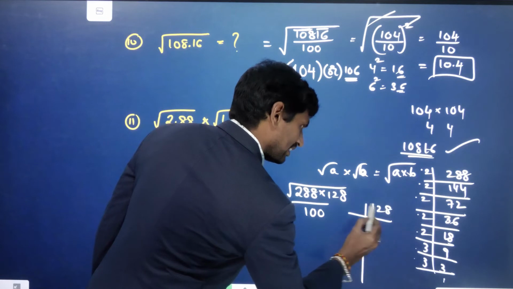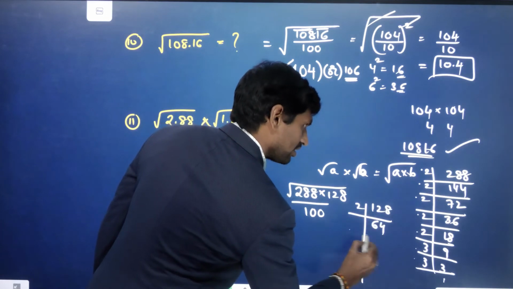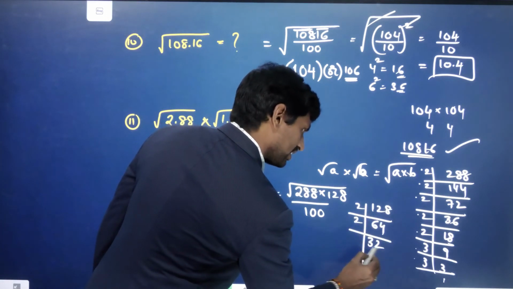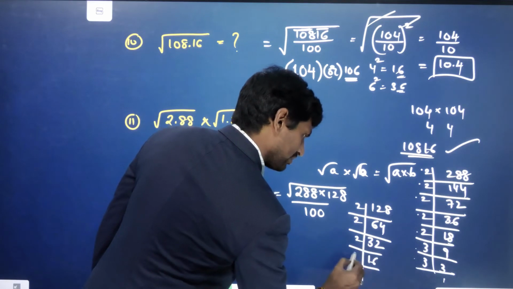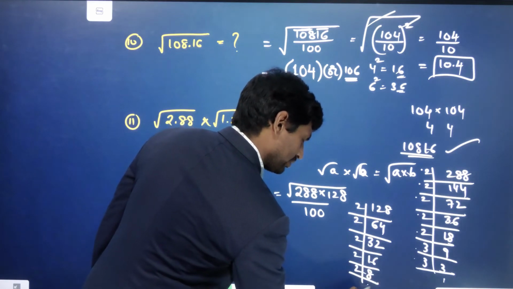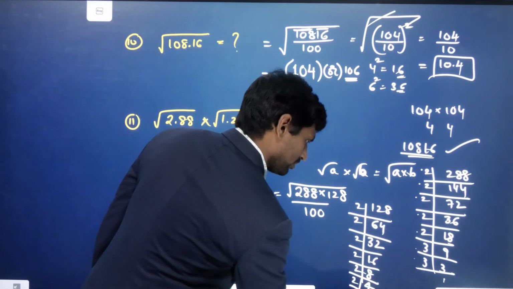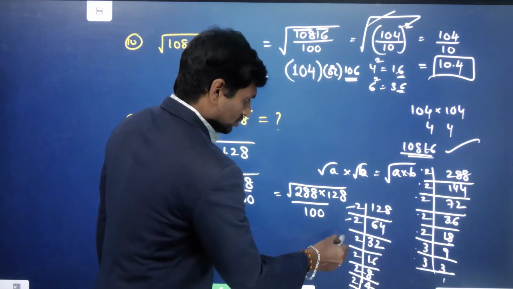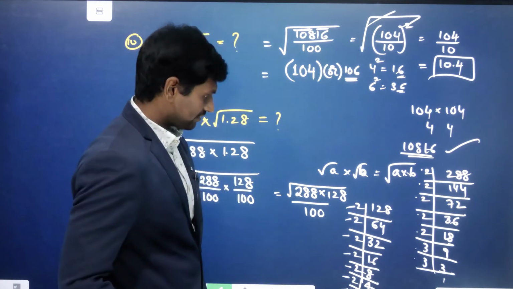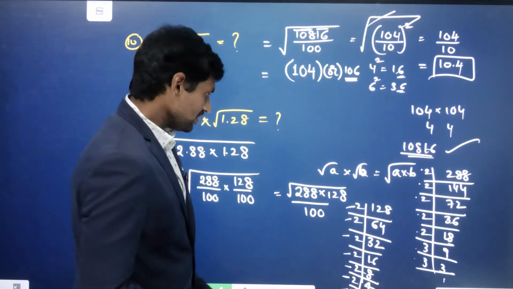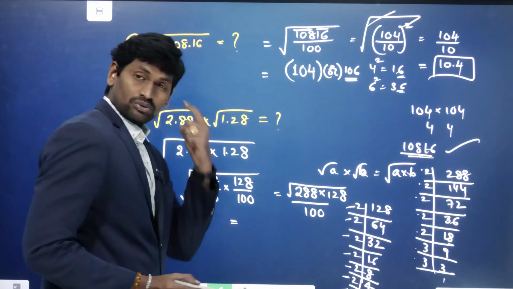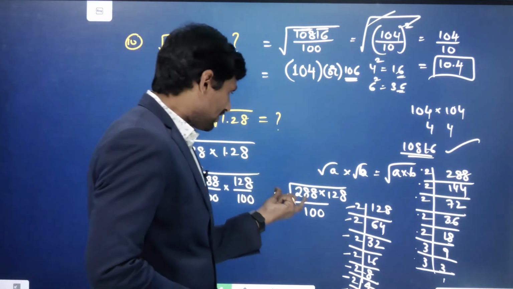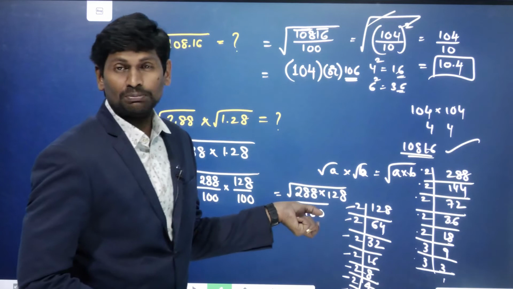128. Again 2 table 64, 2 table 32, 2 table 16, 2 table 8, 2 table 4, 2 table 2, 2 table 1. All 2's only came. 2's how many times? 1, 2, 3, 4, 5, 6, 7. Okay now, according to our discussion, whenever you have the pair of same digits or pair of same numbers